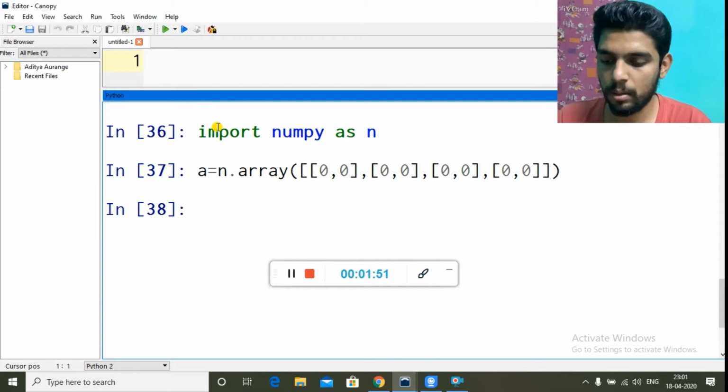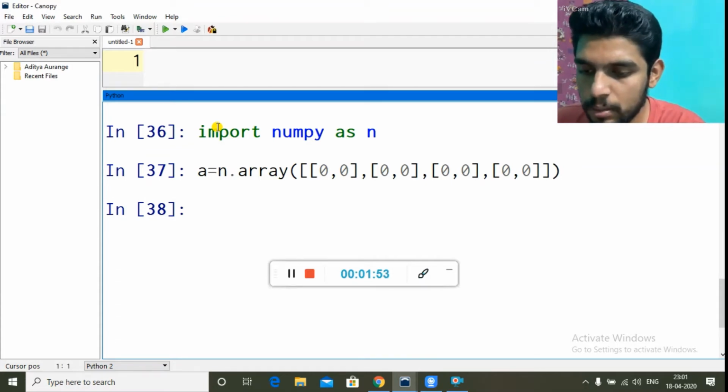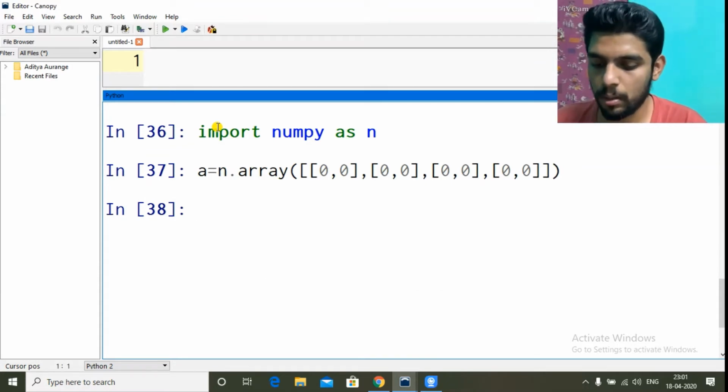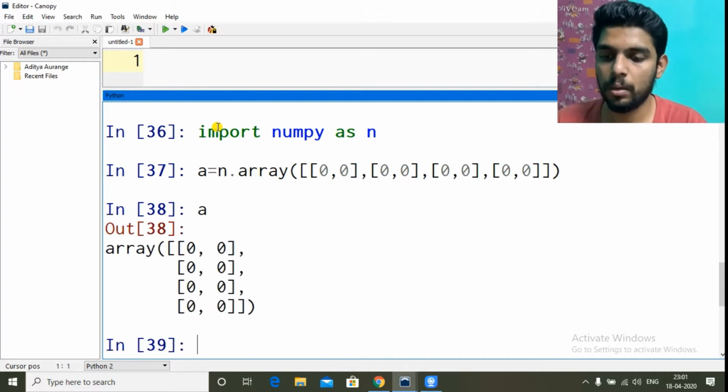Let's enter. Okay, a. So we created 4 by 2, 4 rows and 2 columns of a NumPy array having all values as 0. Let's say we have to create a 10 by 10 array of all the elements having zeros.